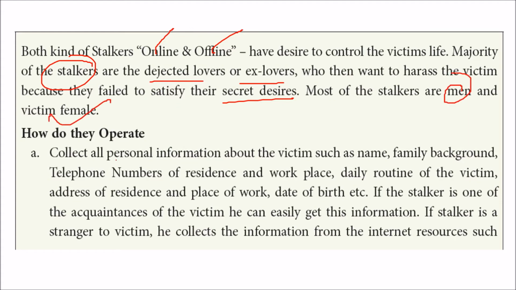So how do they operate? They collect all the personal information about the victim, like the name, family background, telephone numbers of the residence and workplace, daily routine, address of the residence and place of work, date of birth, etc. So if the stalker is one of the acquaintances or neighbor or friend or even a family member, he can easily get this information. If the stalker is a stranger to the victim, he collects the information from internet sources like